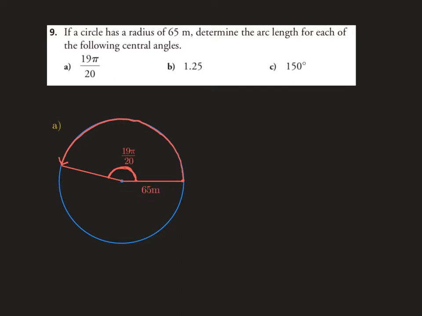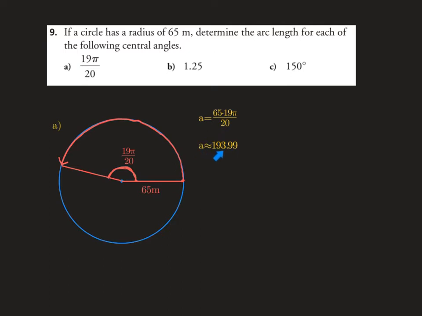Well, this is almost pi, 19/20ths of pi times the 65 meters, because this is 19/20ths of the way to the halfway point. So if you multiply 19/20 times pi, you're going to get this distance here. So the final answer is the arc length is exactly 65 times 19 pi over 20,